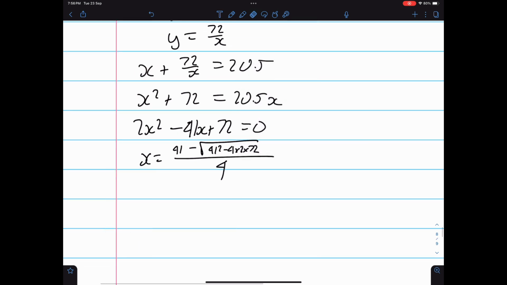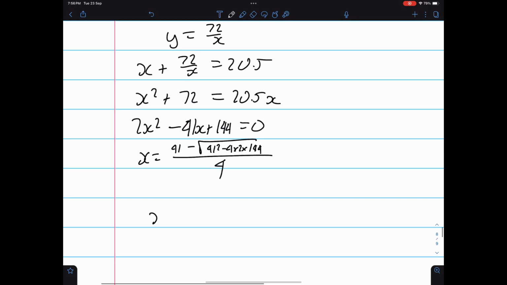Oh, I haven't doubled that. Okay, so I get x equals 4.5, and then y will just equal